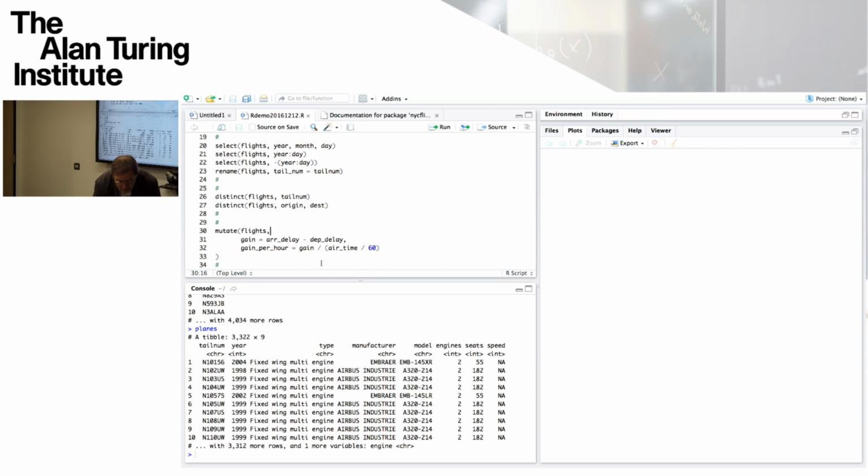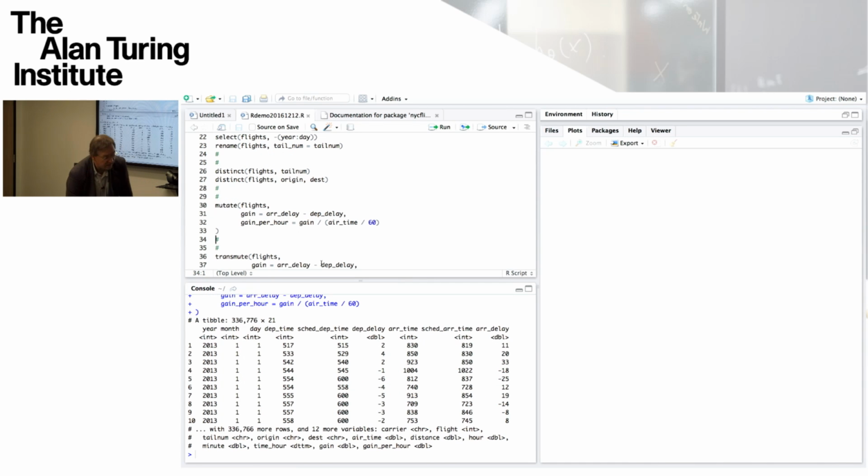Okay, so let's have an example of mutate. If I execute that mutate command, which is repeated here, that's the output. So mutate takes the flights data set and constructs some new variables which it adds on to the existing flights data set. So this mutate has added two variables, one called gain and one called gain per hour, and gain is this function of some of the original variables.